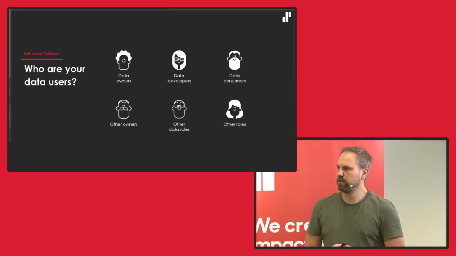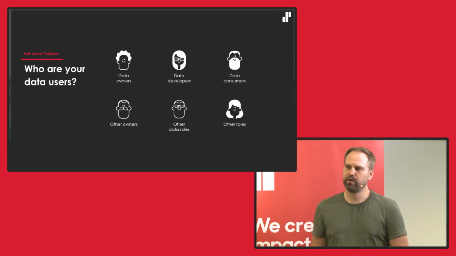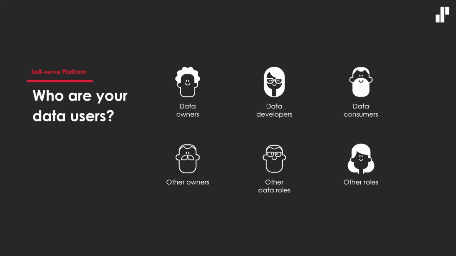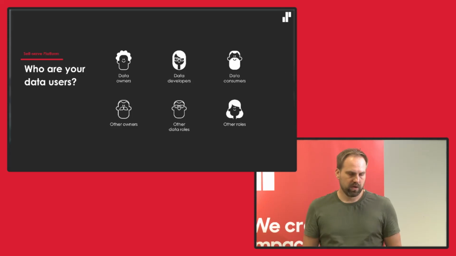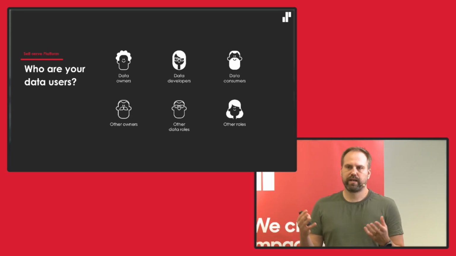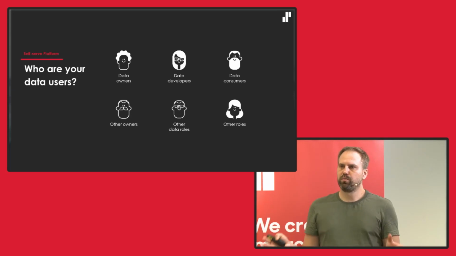So actually, it goes back to what we discussed. Who are your users? We have the journey, and we understand what the typical parts are in there, and we also understand the typical parts of a platform. We don't have to start from scratch. Most of you probably already have some form of a platform, so you have different capabilities there. You might have warehousing, you might have ETL tools, integration tools. You already have a lot, so you're not starting from scratch. And you probably know the data that you have and how it should be stored and all of that. So you can create an architecture blueprint, an idea, a vision, of what it should look like.